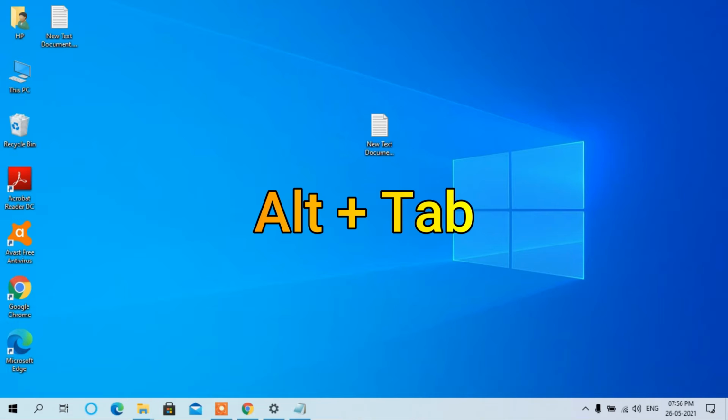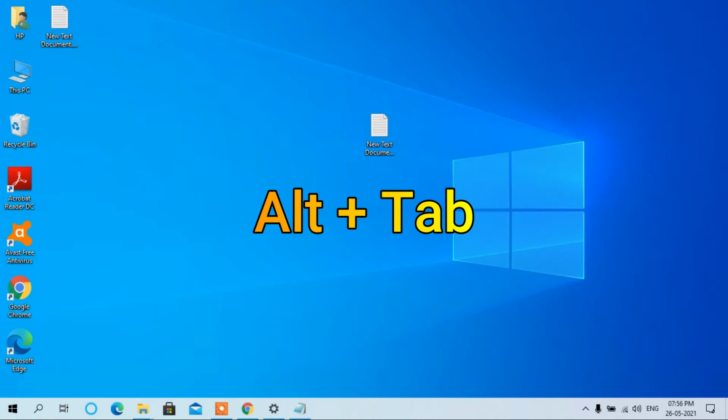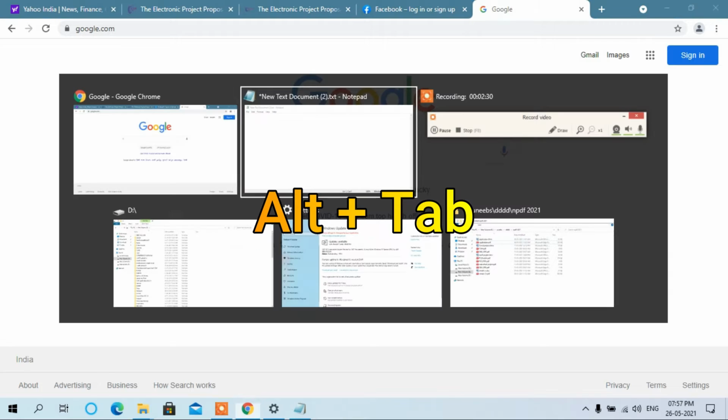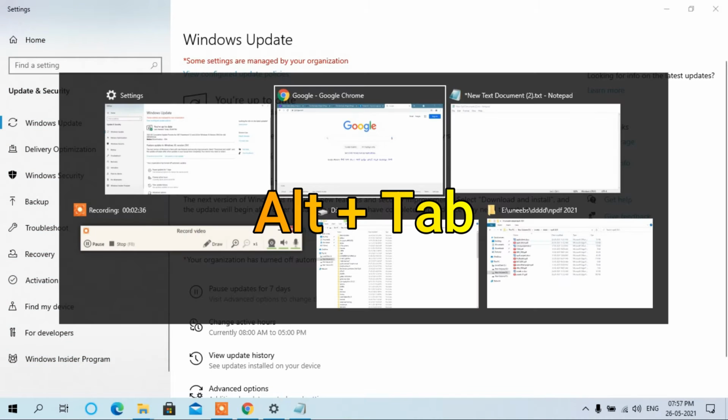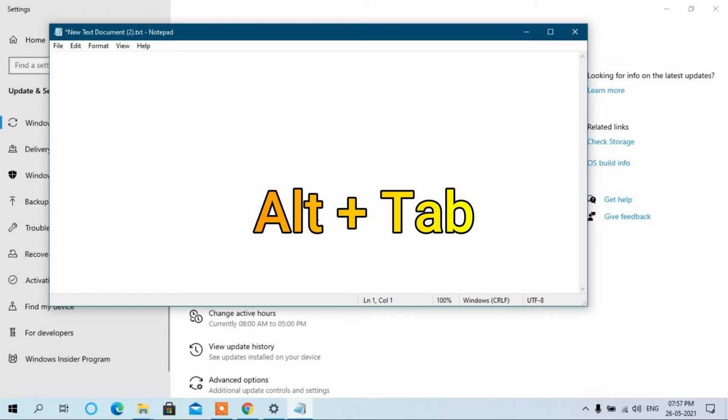So how can we do it? Simply press down the Alt and Tab, and hold, and you will see this. Choose the one you want to see, for example settings. This is how you can switch programs using the shortcut key Alt plus Tab.